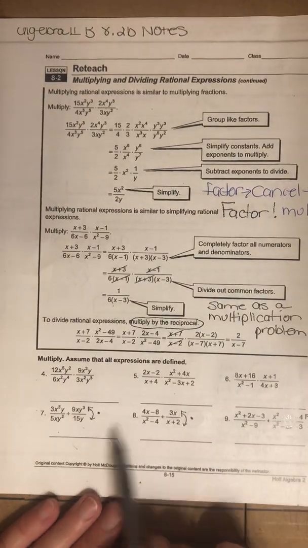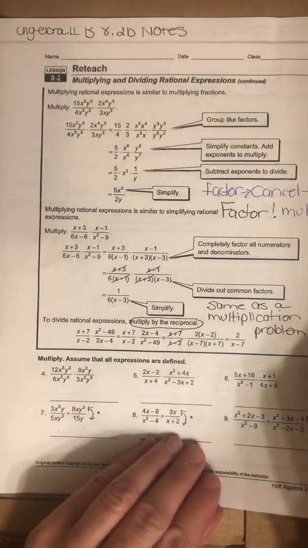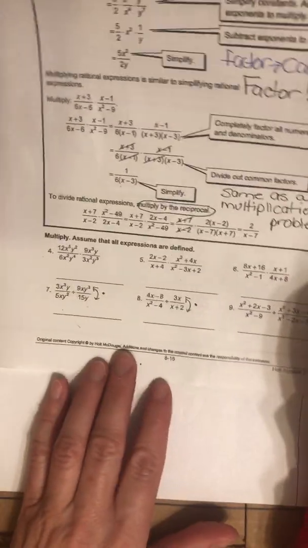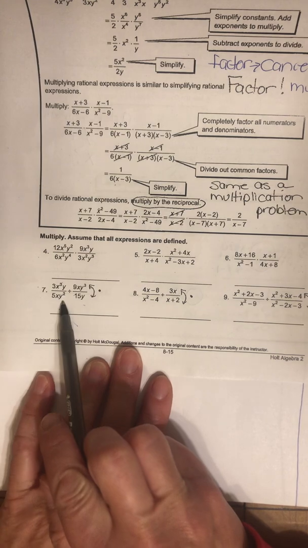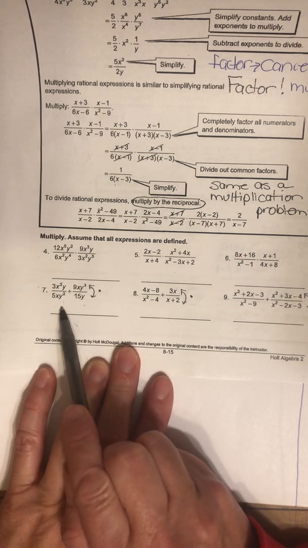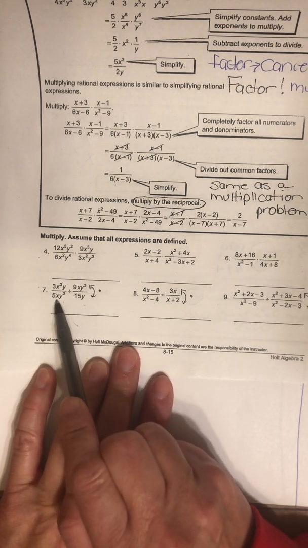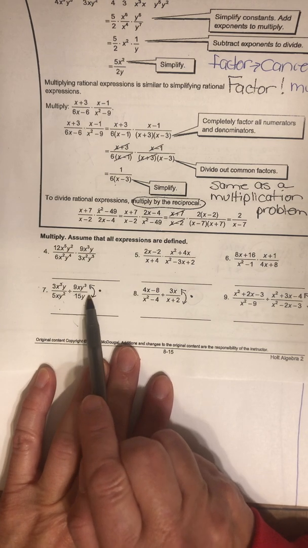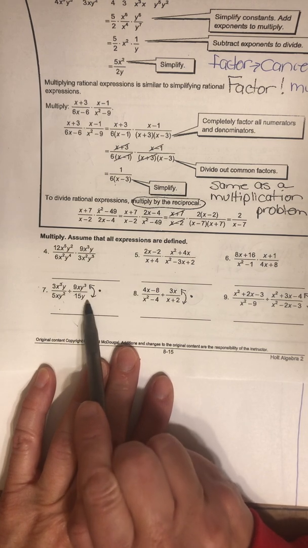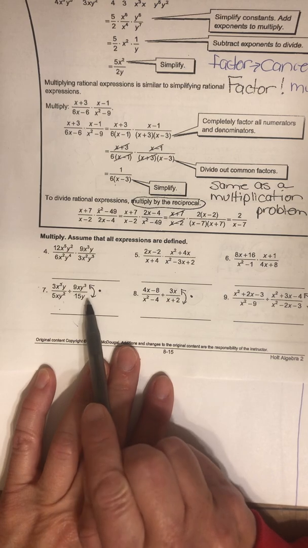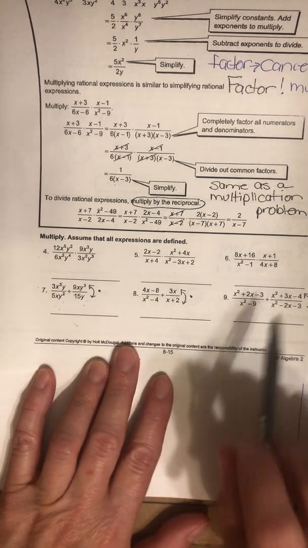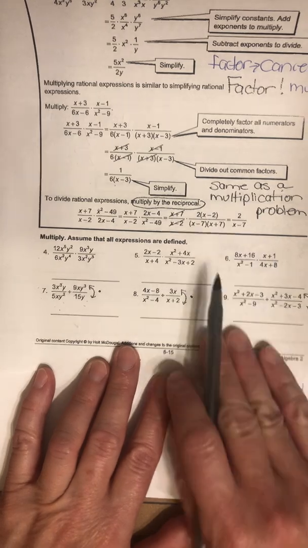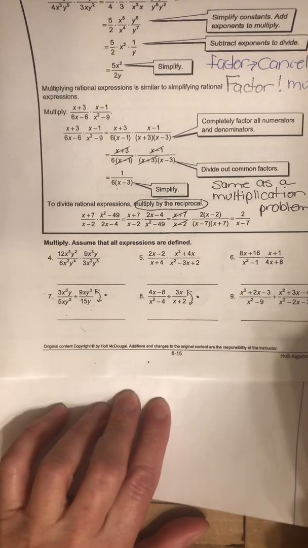So if it's okay with you, to save myself some time, take a look at these division problems. So you see them on your paper. When I write number 7, I'm going to keep the first fraction, put a multiplication sign, and flip the second fraction from what you see on the paper. I'm going to do that for each problem to save room and time since you see the division problem. So here we go. Number 7,